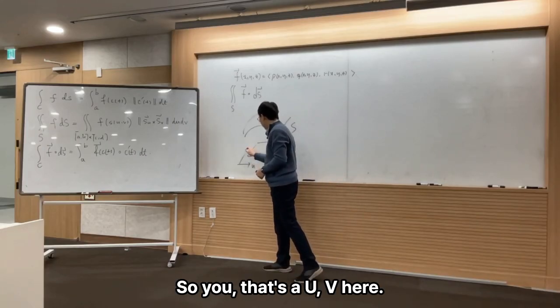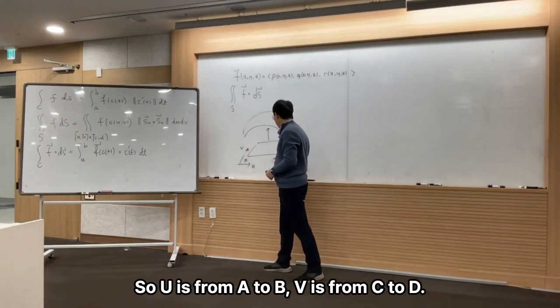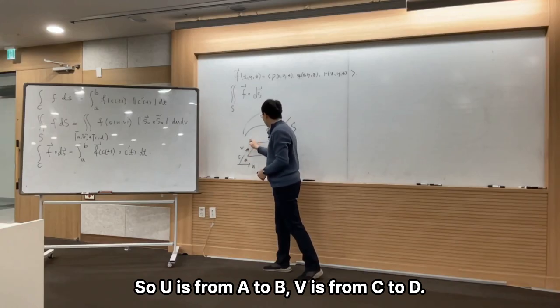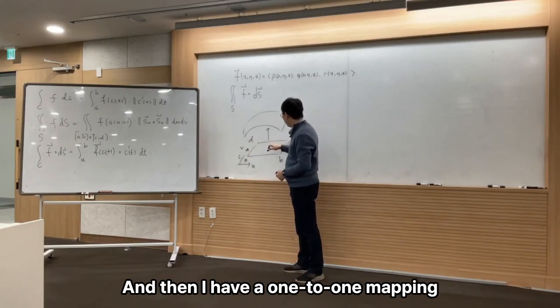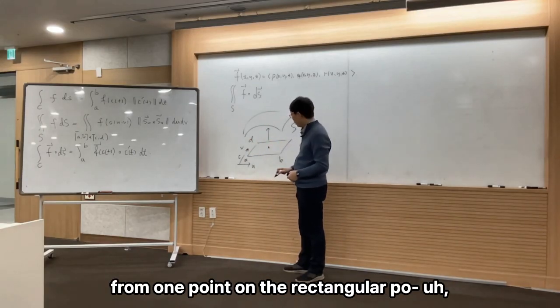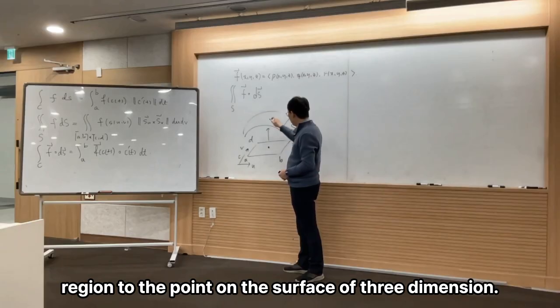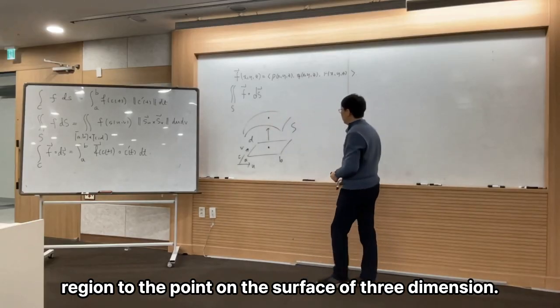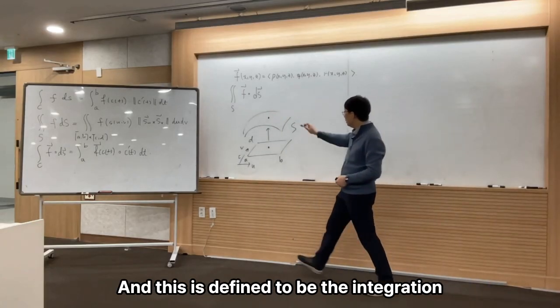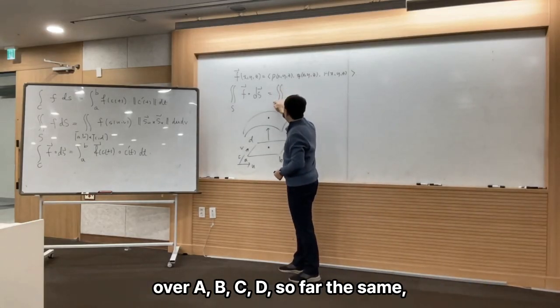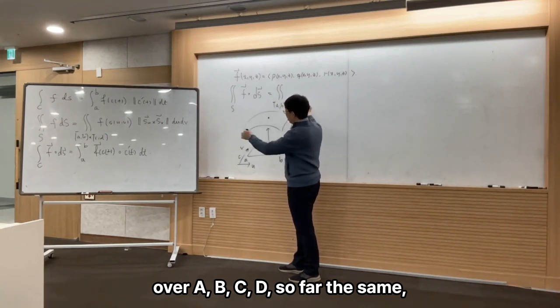So let's say U, V here. So U is from a to b, V is from c to d. And then I have a one-to-one mapping from one point on the rectangular region to a point on the surface in three dimensions. And this is defined to be the integration over a, b, c, d, so far the same,